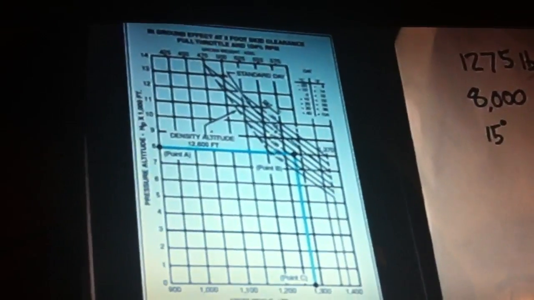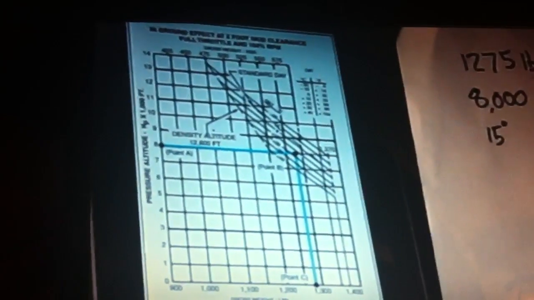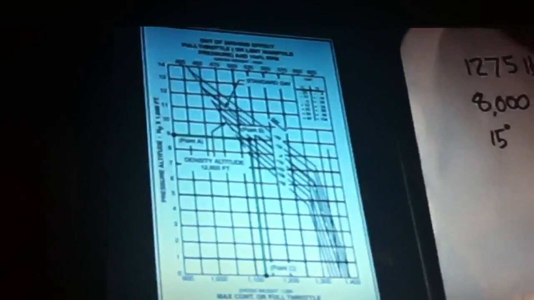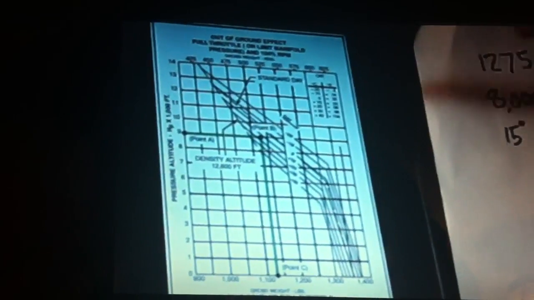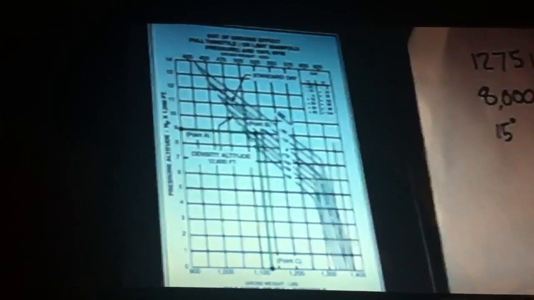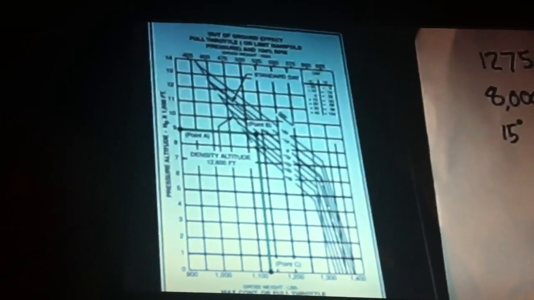Now, on the other hand, if the airport that we're flying to is at 8,000 and we want to do pictures on top of that, say we need another 1,000 feet of space to be able to go take our pictures and hover so that the camera can be steady, there's a whole other chart for that. It's an out-of-ground effect hover, and this means way up in the air. On the same day, now we're at 9,000 because we're hovering, trying to take the pictures of the hills at the same 15 degrees. Now we can only carry